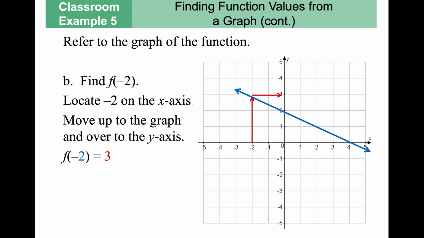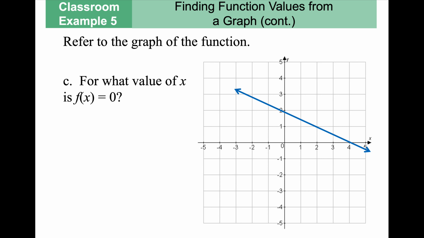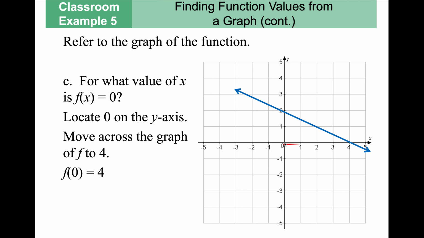Now, if I want to know for what value is f of x equal to 0, that's not where x is 0, that's where y is 0. So if I want to know where my y value is 0, I go to the axis, and then I'm going to go across until I find it at 4. So the f of 0 equals 4,